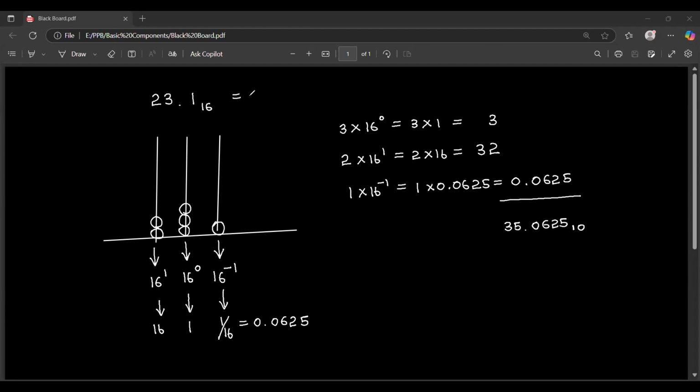Okay. So I will write that down here. 35.0625 to the base 10. That's it. So let's try another question, like